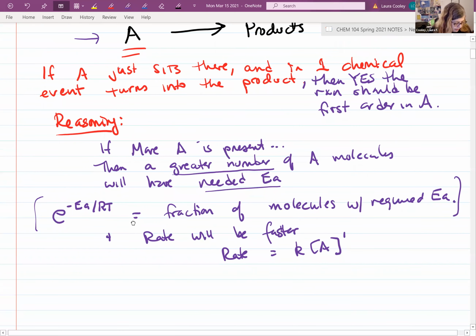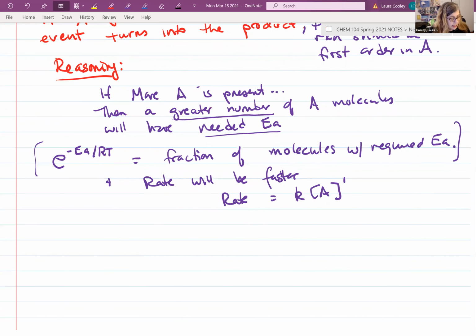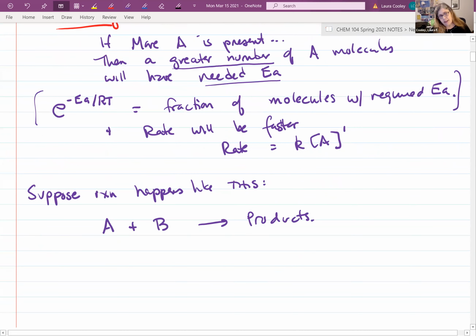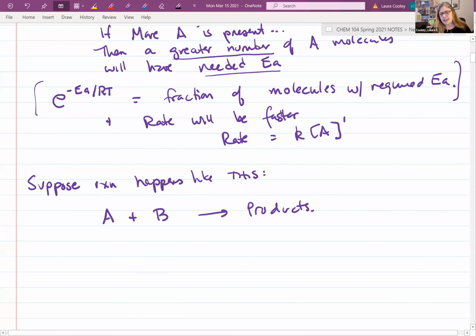Okay, now, suppose instead the reaction happens like this, where you have A plus B goes to products. If that's the way it happens, it is a single chemical event where A collides with B, and the collisions that have enough energy to go over the barrier go over. If a collision of A and B is all that happens, so if this reaction occurs as written,